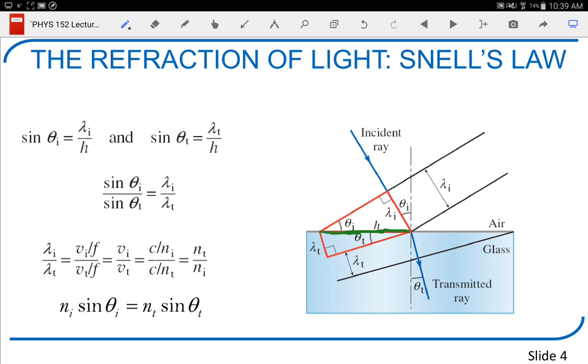And so looking at that, having the hypotenuse being the same, the sine of the angle of incidence is going to be the opposite side, the wavelength, divided by the hypotenuse, which is the same for both. So the sine of the angle of incidence is the wavelength of incidence over the hypotenuse. The sine of the refracted angle, the transmission angle as it's called here, is the wavelength in the glass divided by that same hypotenuse. So if I just divide one sine by the other sine, the hypotenuses